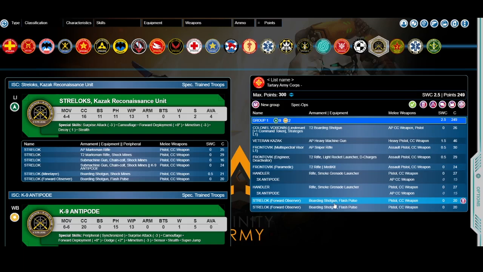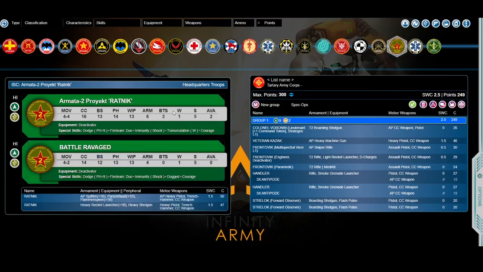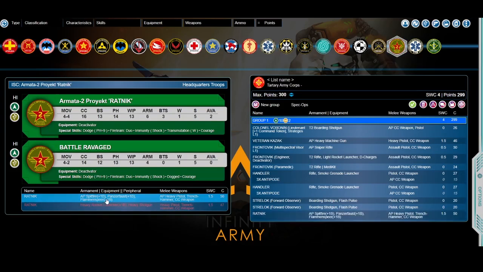All right, so we're at 249. If you are starting with that cold front pack, you're going to get the Ratnik. So let's show off the Ratnik a little bit. And let's grab that AP Spitfire. Yeah, AP Spitfire +1 burst, Panzerfaust +1 burst, and a Flammenspeer +1 burst. And so that's at 299 and